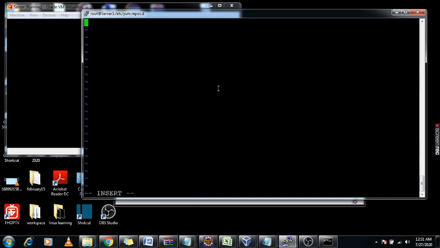Under this file you need to mention [server], any name, name equals Red Hat. Then you need to mention baseurl. In baseurl,